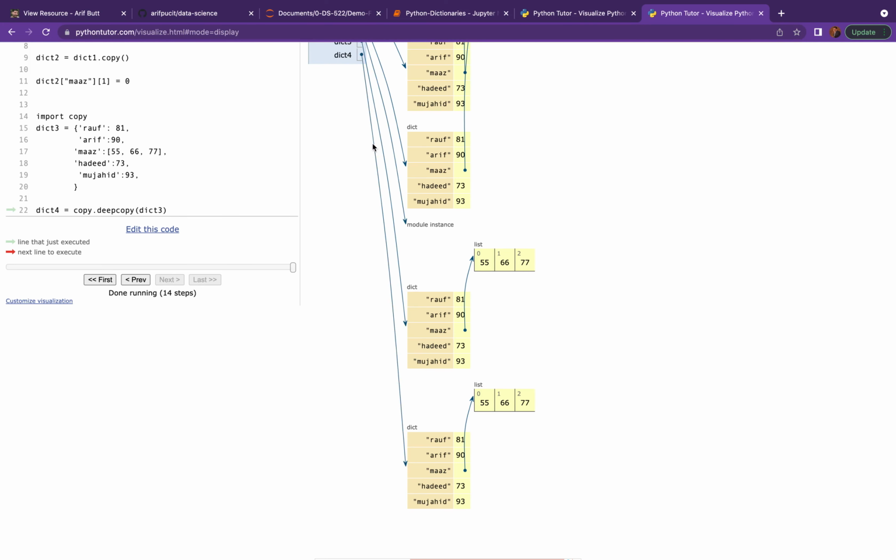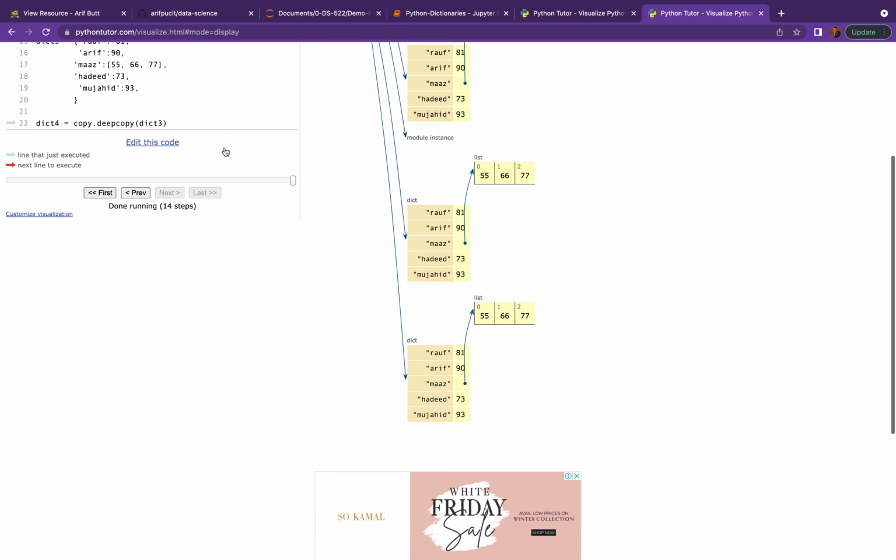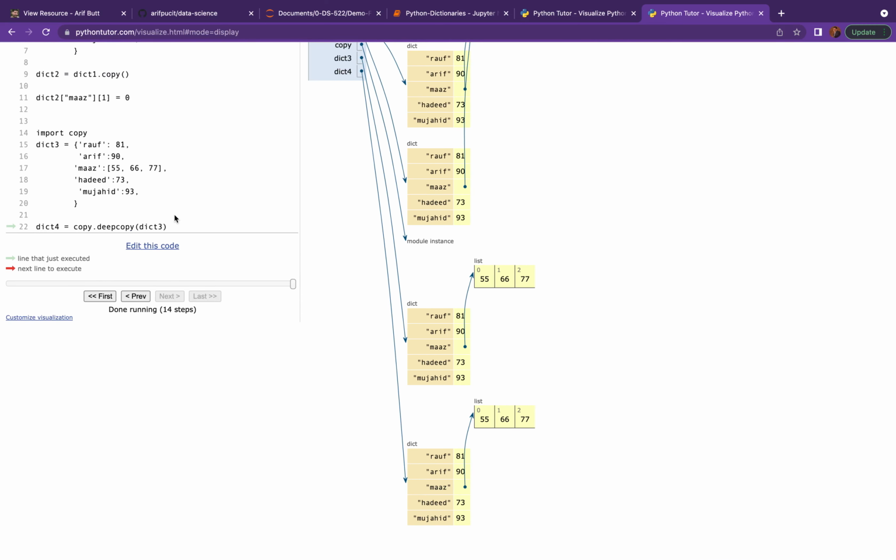This dict4 reference is pointing to another dict object having a separate nested portion of the marks corresponding to the student Mars. So now, if I change the marks, they will be changed at the appropriate place.